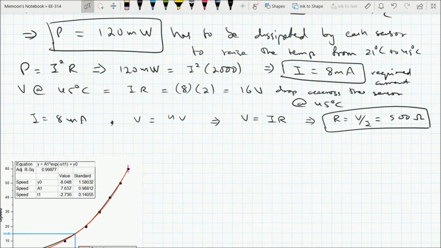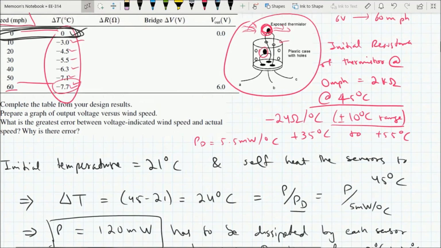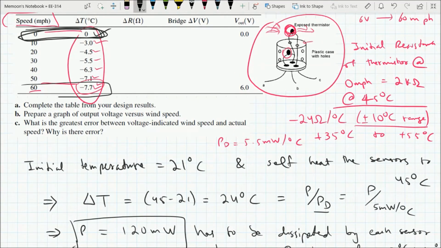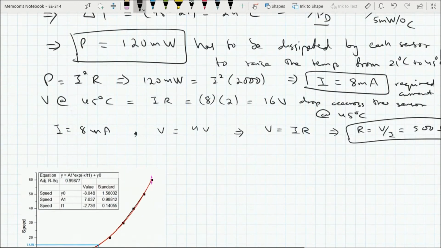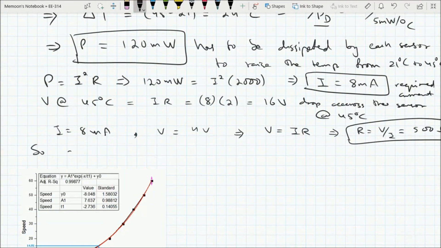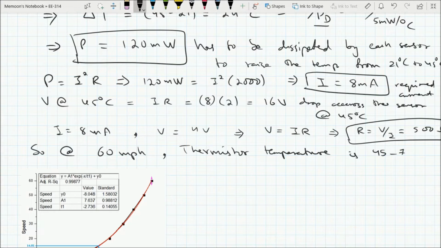We have to find out what would be the value of del V out of that bridge circuit when the wind speed is 60 miles per hour. At 60 miles per hour, if we go to this table, we know that the thermistor will be, due to the wind, cooled by 7.7 degrees Celsius. So at 60 mph, the thermistor temperature is 45 minus 7.7 degrees,